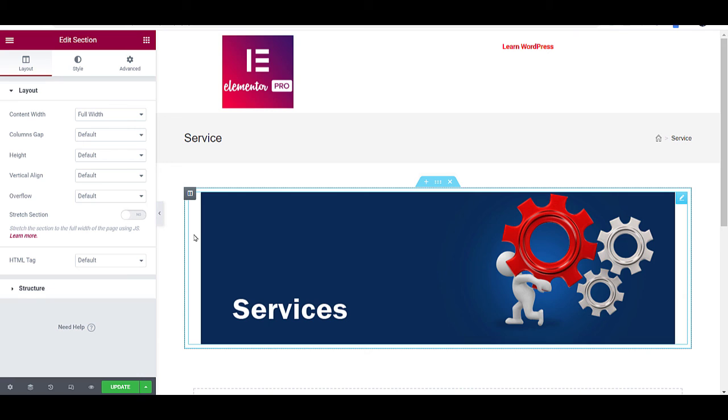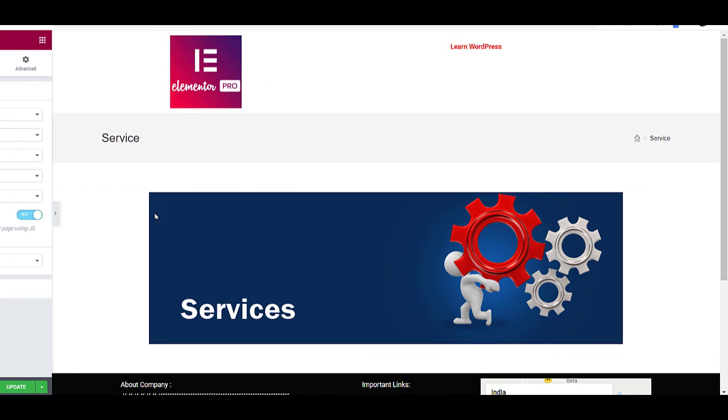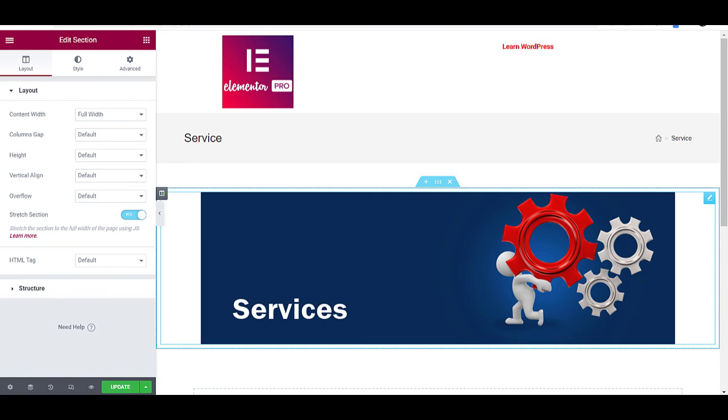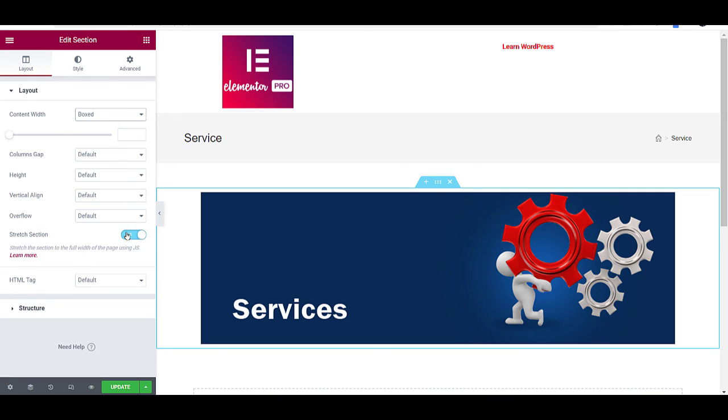Actually the image size is not full, so I have to use another one. But here you can see this blue bar, now it's showing me full width. So it's going outside on both sides. Suppose I have a big banner, it would automatically adjust as per the size, but I am only using boxed. Now you can see it came back to its place.